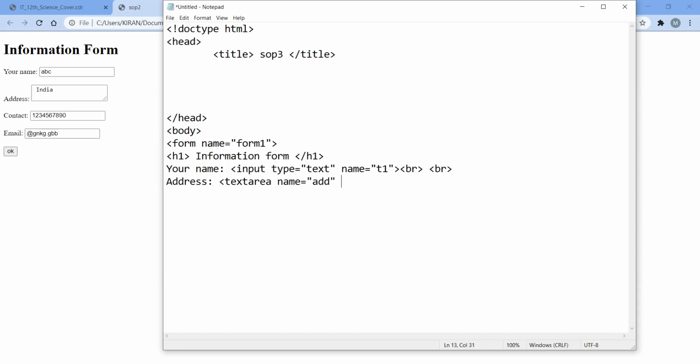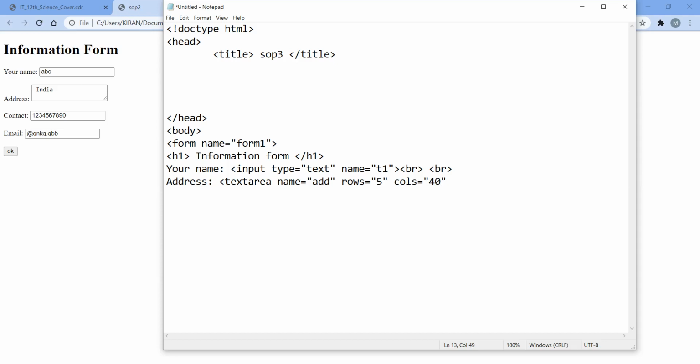Then the number of rows and columns we want, means height and width of a textarea. Suppose I want this textarea to have a height of 5 rows, so I will use rows 5, and for the width I want 30 or 40 columns. So I will use the cols attribute, cols equal to 40.